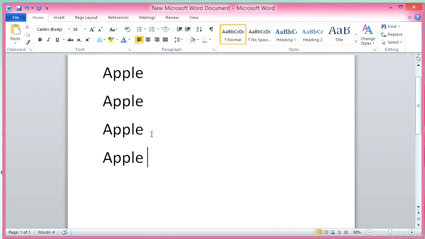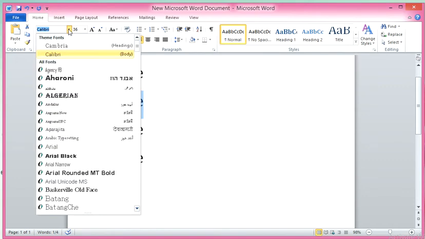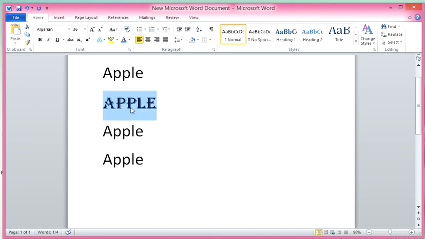What is font? So student, see this part, Calibri body, it is the font. If you want to change it, I'm going to select this apple and click here. The font list is displaying and I'm going to select Algerian.